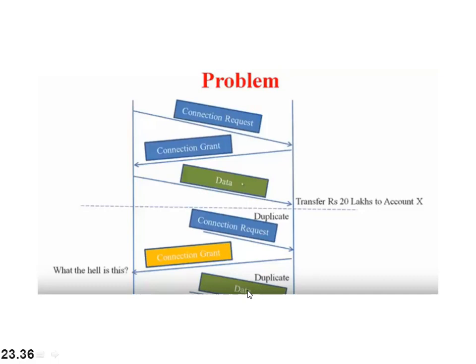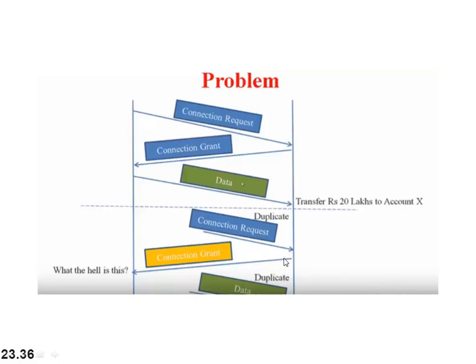So again here the data is also a duplicate packet. Now for that, the process B got the connection request. In response to that, which was duplicate actually, it sent a connection grant, and again it is receiving the data. So it is satisfying the requirement for transferring 20 lakh to account X. So process B will execute this transaction of transmitting 20 lakh to account X, which is